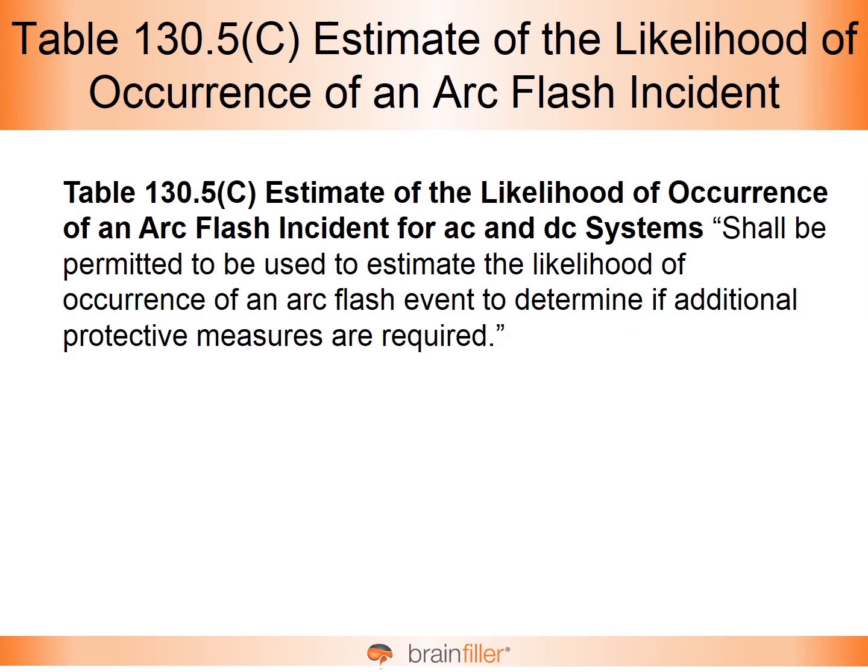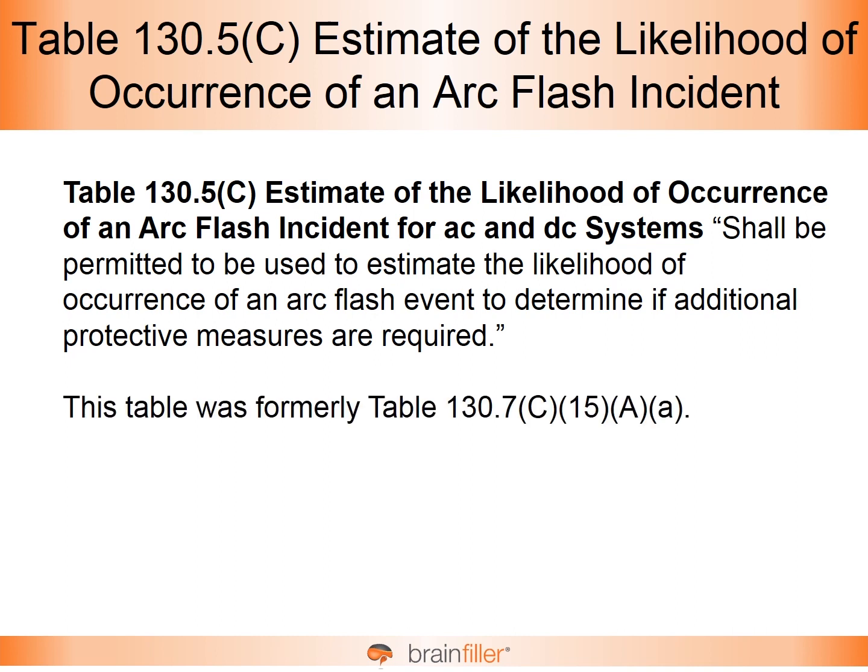Table 130.5c, estimate of the likelihood of occurrence of an arc flash incident for both AC and DC systems. This is based on a table that was introduced in the 2015 edition, and additional language was added that states it shall be permitted to be used to estimate the likelihood of occurrence of an arc flash event to determine if additional protective measures are required. In 2015, the table was